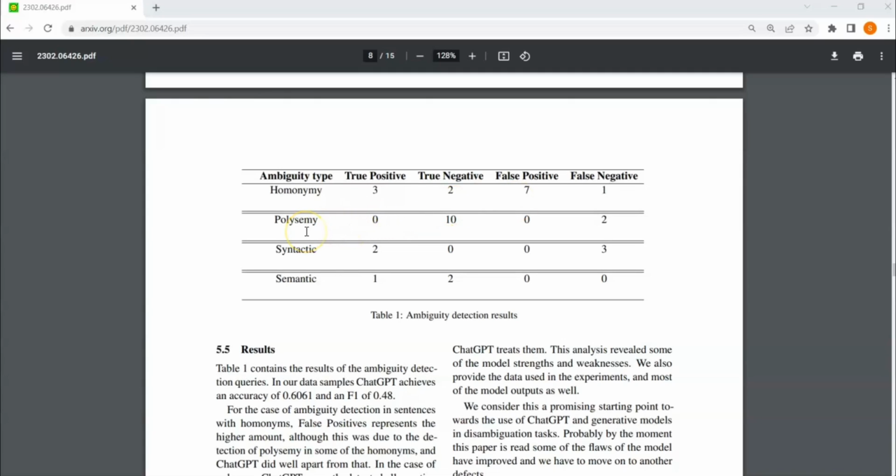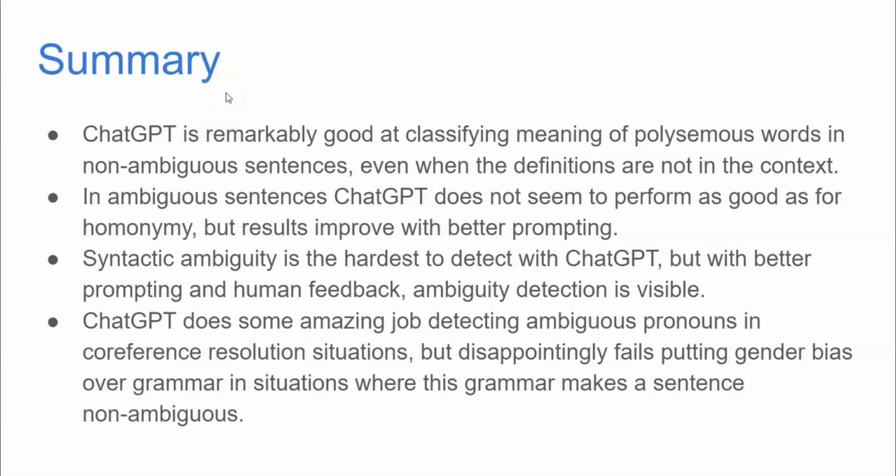The second category is polysemy. Nearly 10 out of the 12 input prompts were correctly classified. In syntactic ambiguity, 2 out of the 5 input prompts were correctly classified, that too upon efficient prompt input. And in the case of semantic ambiguity, all of the 3 input examples were correctly classified in the respective ambiguous and unambiguous categories. In summary, ChatGPT is remarkably good at classifying the meaning of polysemous words in non-ambiguous sentences, even when